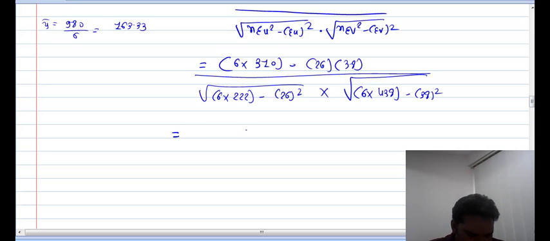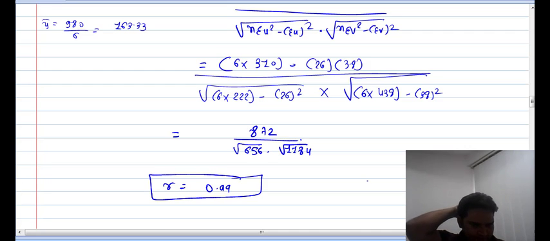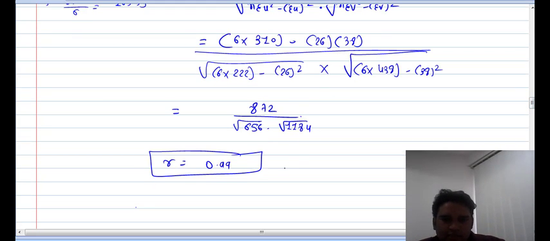Now if you solve the numerator, you will get 872, and if you solve the denominator, this will give 656 and this will give 1184, and the final answer would come to 0.99. So it's a partial positive correlation,